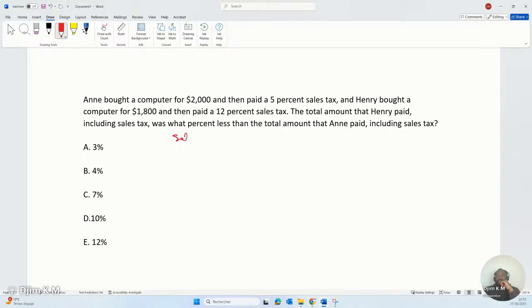So sales tax is equal to 5% of 2,000, which is 5% times 2,000. Okay, so this and this would be 5 times 20, which will give 100. So total amount